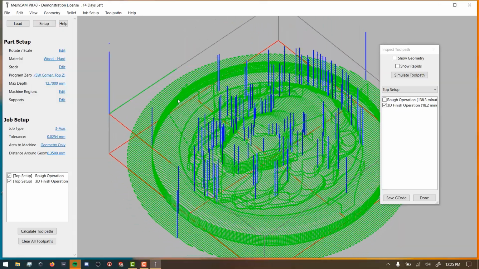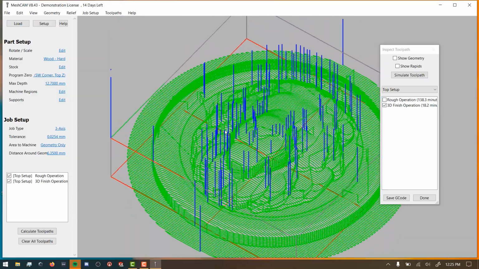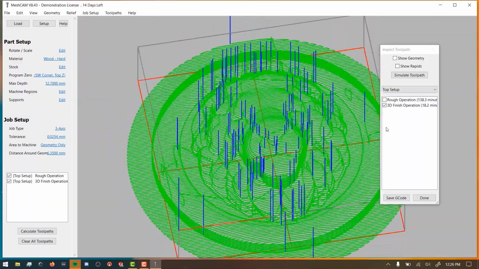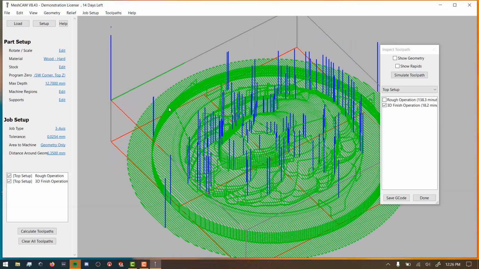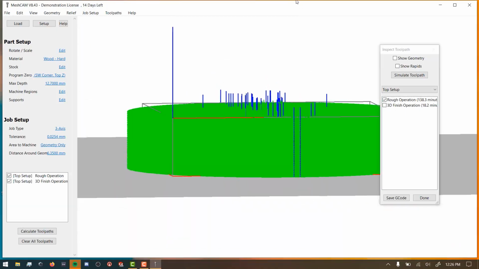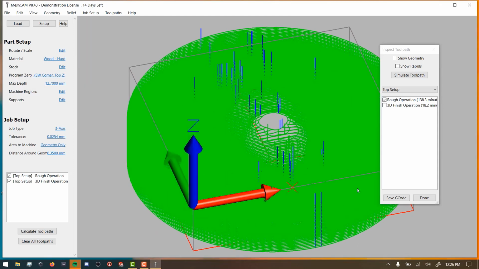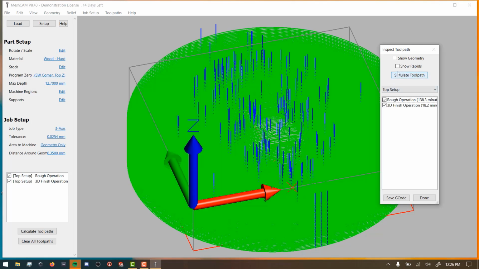And it's going to come in here and it's automatically detected all this geometry, and it's going to cut in and really give us a nice final detailed finish here. And that's a little different than the roughing operation, which we can see is mostly material removal. Now, this is what you're going to see for the standard version of MeshCAM, but with the Pro version,